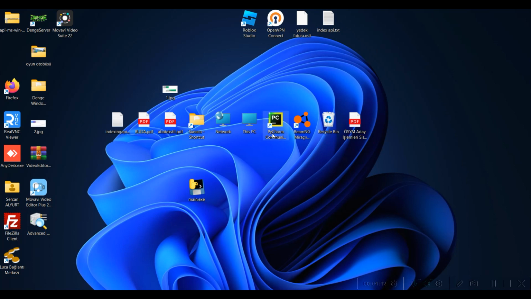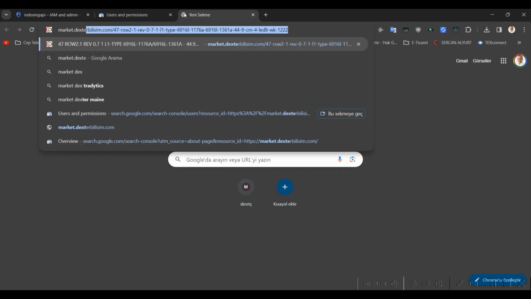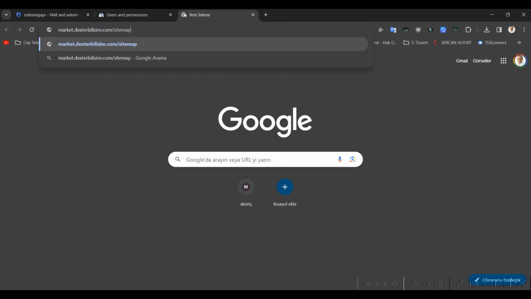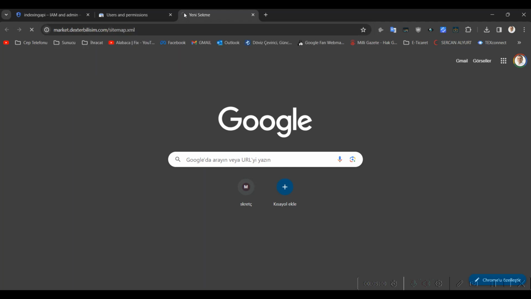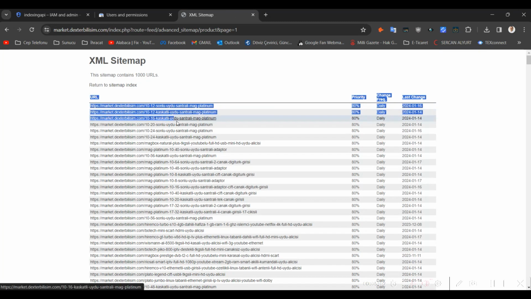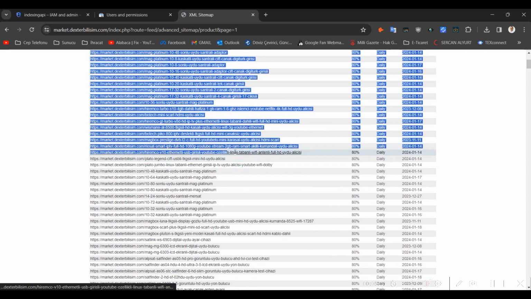We will go to find links. You go to your sitemap file. After that, you copy your links, for example.